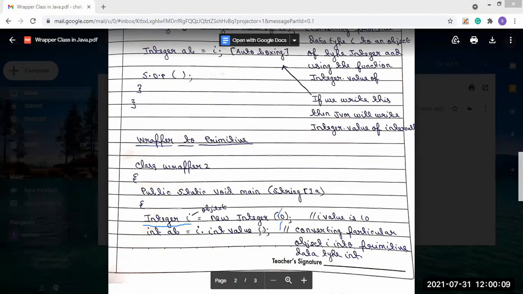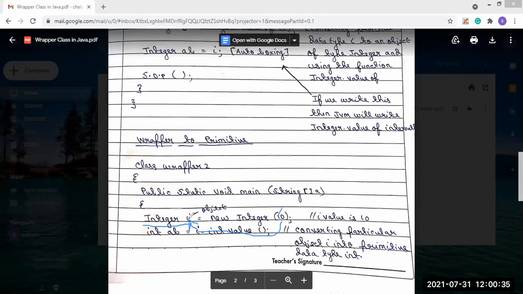So this 10 value will be stored into i. The Integer object will contain this value because 10 is passed as a parameter. So the value is stored into the object of the Integer class.